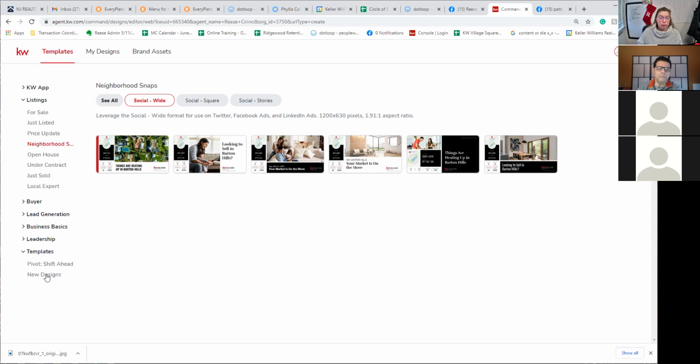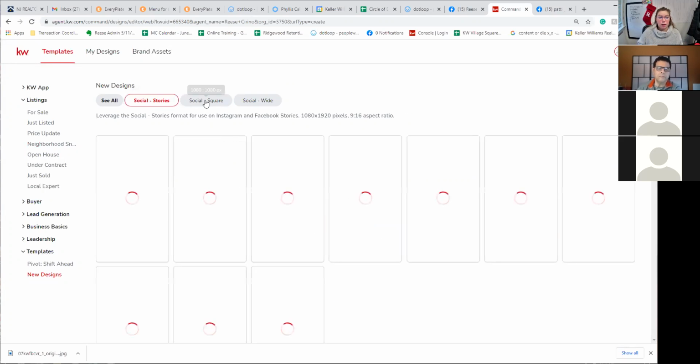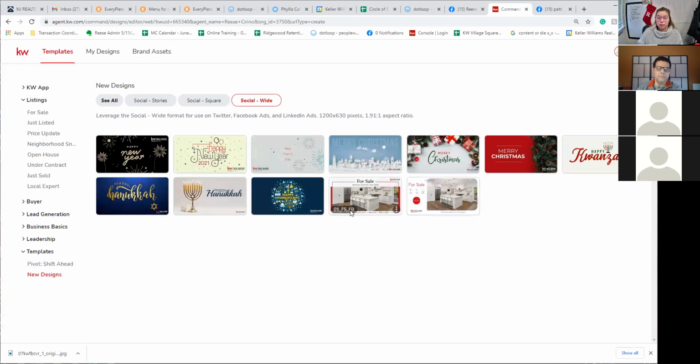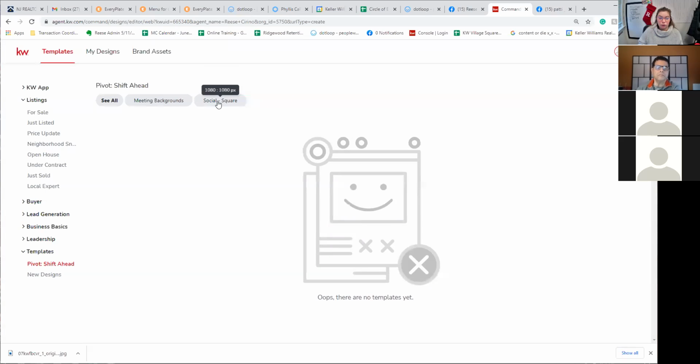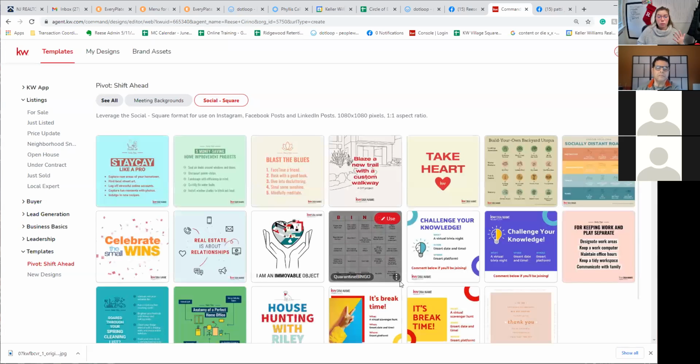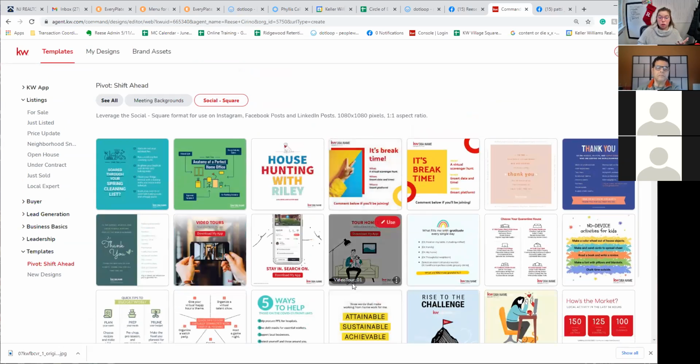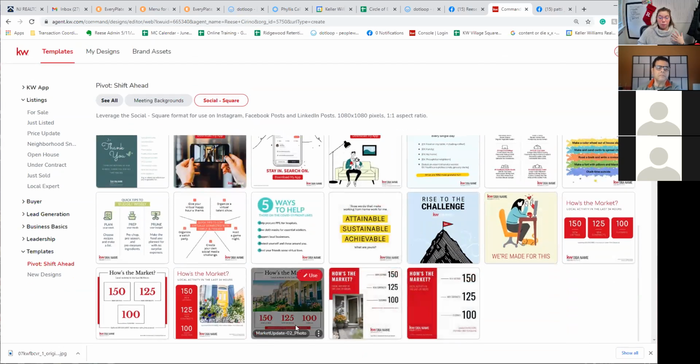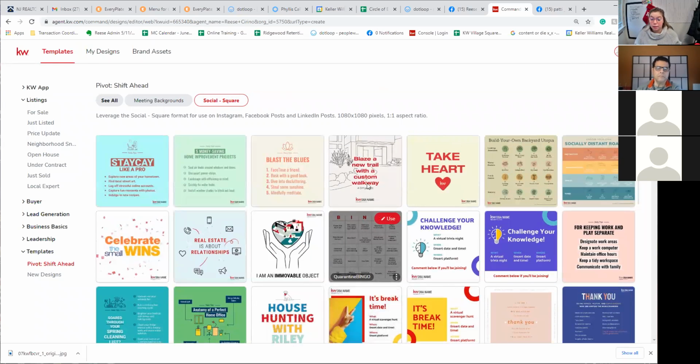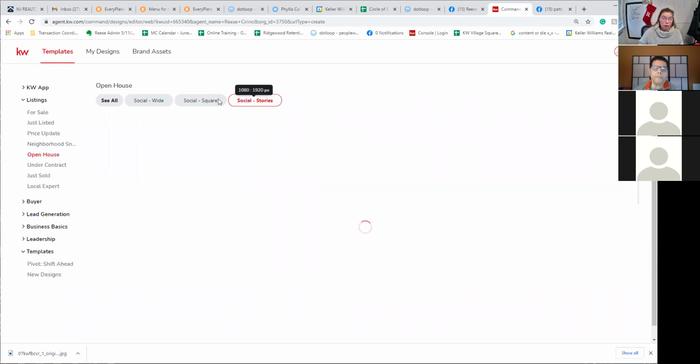You can also go to templates and go to new designs, and there will be a bunch of new designs. This is where they put a lot of the holiday ones. If you click on pivot shift and go to social square, this is another great place to just find some free marketing options. If you have like a market update that you want to use, you're more than welcome to use the market update that we send out and download that and schedule that to go out to your business page as well. So I'm just going to say I have an open house,